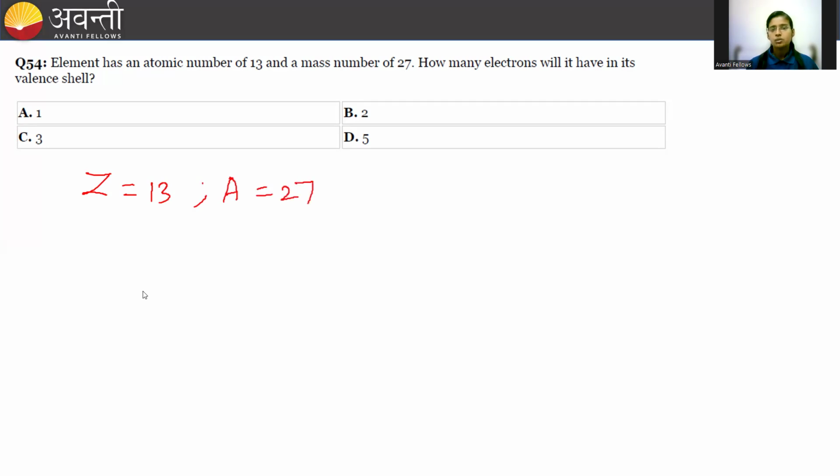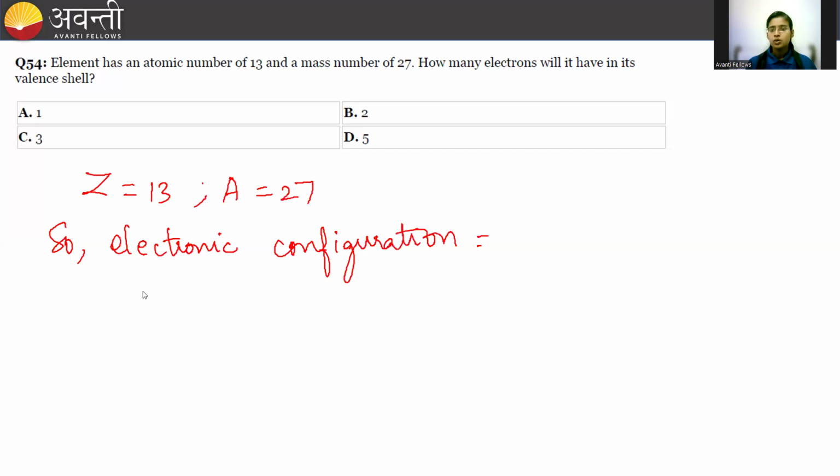Atomic number is denoted by the letter Z and the mass number is denoted by the letter A. So the electronic configuration will be equal to, since the atomic number is 13, electronic configuration will be 1s2, 2s2, 2p6,